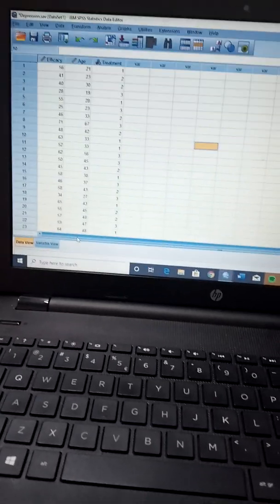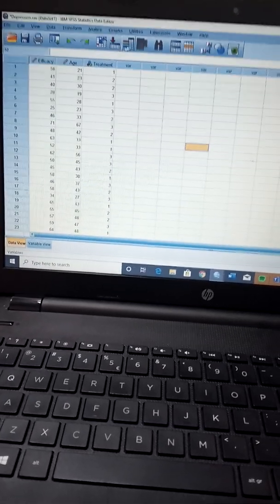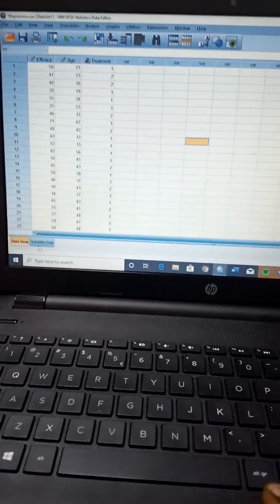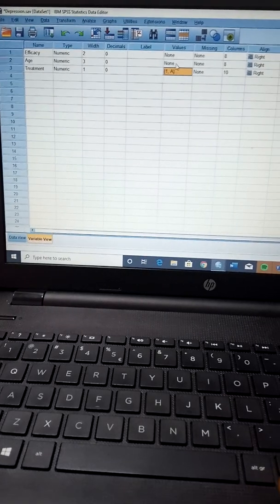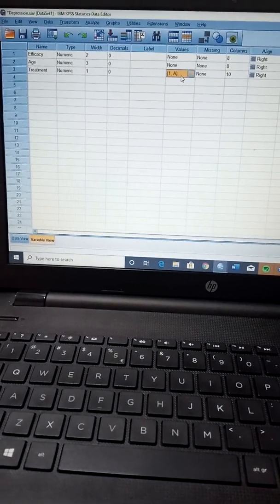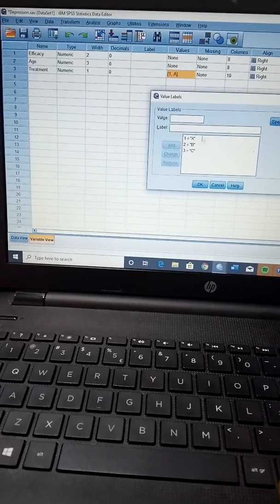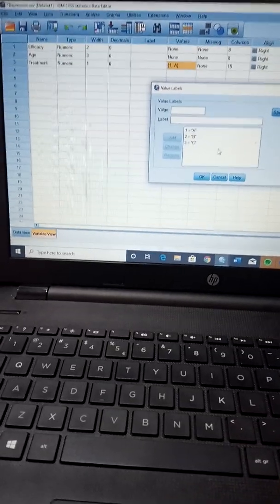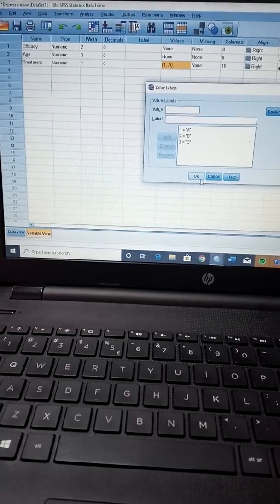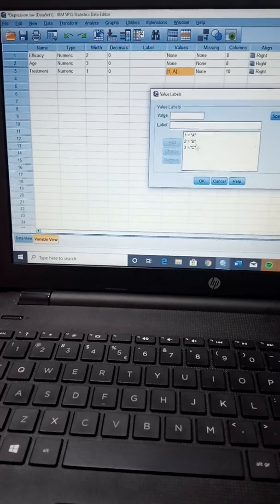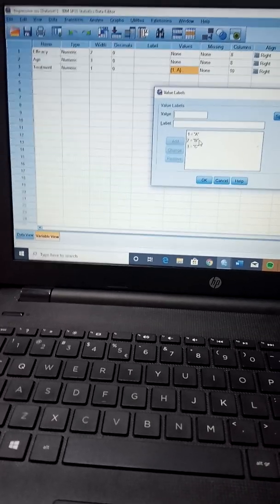So to do the regression analysis, whereby you want to check the level of treatment given to the patients, when you go to variable view here, you could see that when you click on value and you click on this, you see that we have three categories of treatment given to people. So we want to create a regression analysis for it, but for you to know which of these treatments has a better